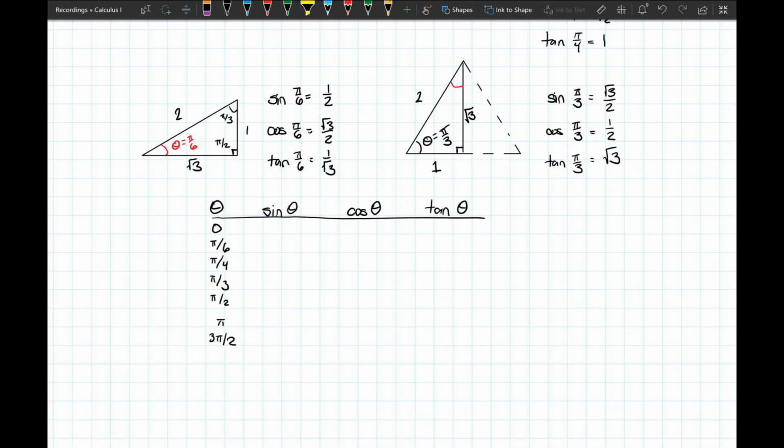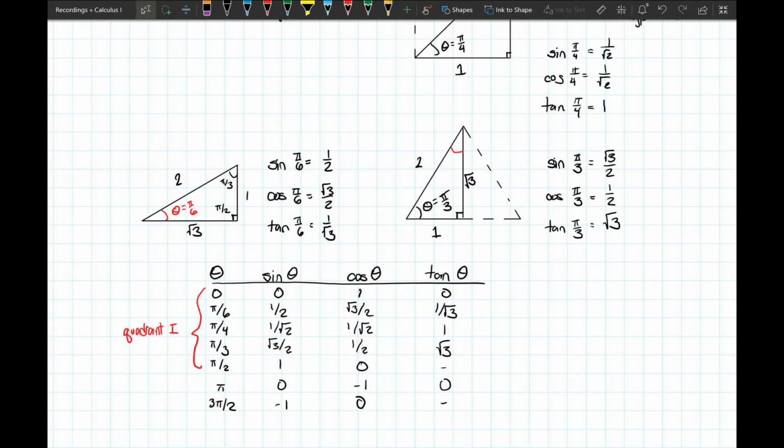Okay, so to recap, we can make a table of all of the common angles that we've looked at. So it's looking at everything here in quadrant 1, as well as pi over 2, pi, and 3 pi over 2, which are just at the edges of the 4 quadrants. And we can fill in sine, cosine, and tangent. Okay, so we've got all of the basic values for sine, cosine, and tangent for a lot of the common